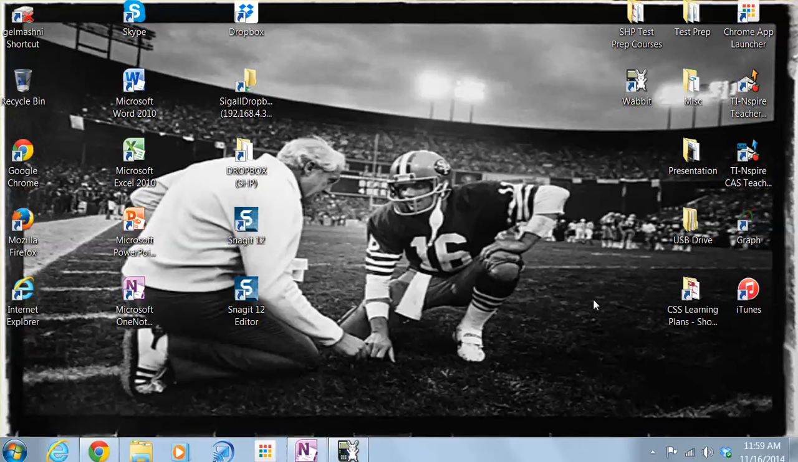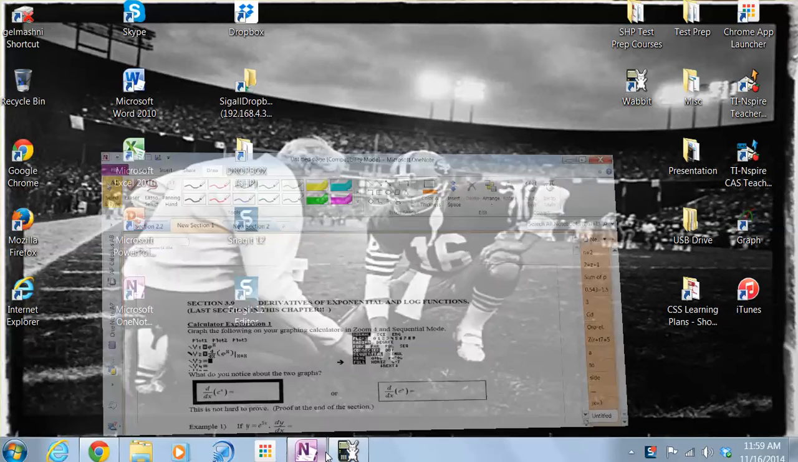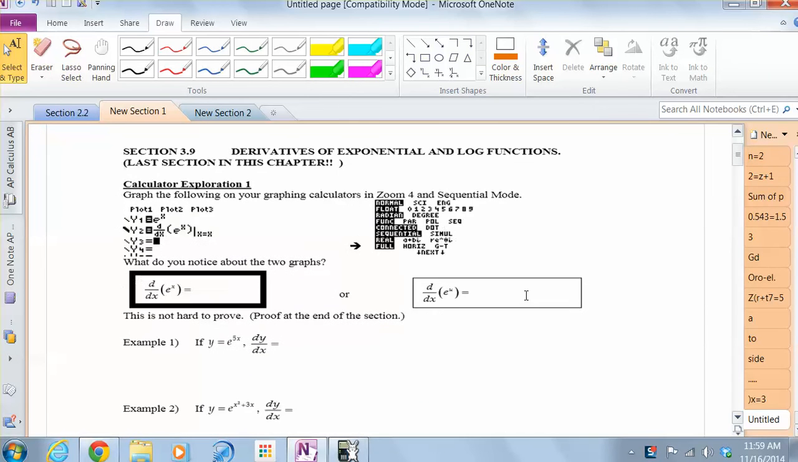This video is on derivatives of exponential and log functions. The intent is to do this video in two parts, where the first part will be on pages 1 and 2 of the section 3.9 notes, and part 2 will be on pages 3 and 4 of the section 3.9 notes. So here we're starting with a calculator exploration, and you can see here that we want to